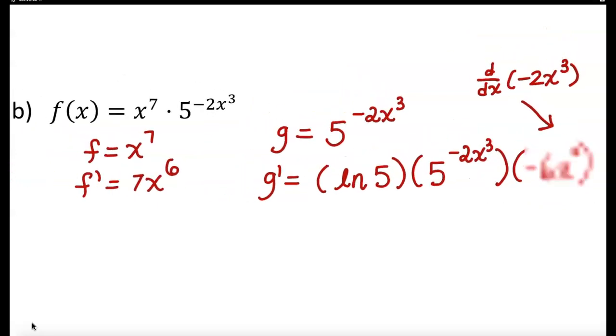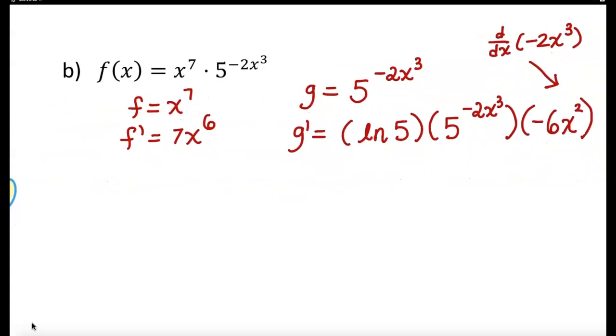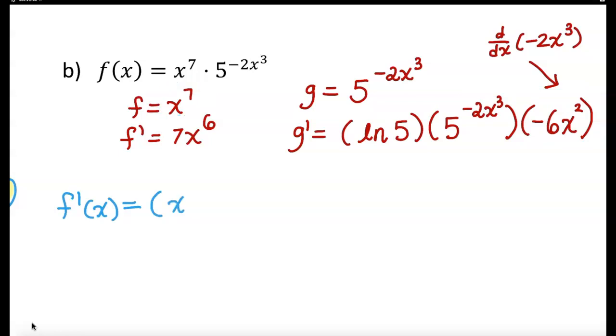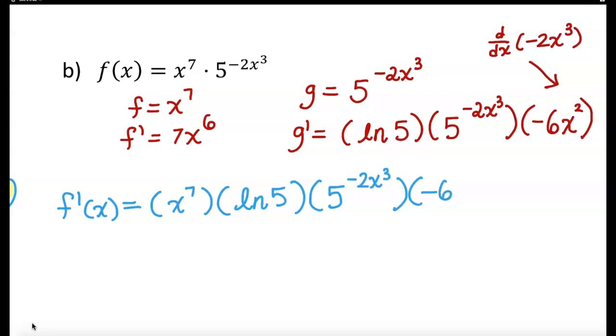Let's do the product rule. It's going to be a long line. All right, so the derivative is going to be first times the derivative of the second. So I have to put all those four things next to each other. So first, x to the 7th times the derivative of the second, which is natural log of 5 times 5 raised to the negative 2x to the third power times negative 6x squared,